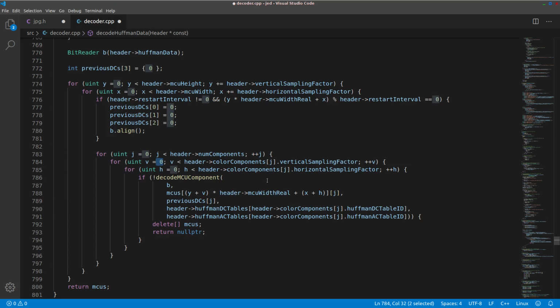But in the case of subsampling, this allows us to decode 8 by 8 blocks and then place them to the right or down and to the right of the current YX block. I should also point out that this is a case where we don't want to use the real MCU height and width, but we want to use the image MCU height and width for the Y and X loops, because in the case of subsampling, where we needed to pad with more 8 by 8 blocks on the right and